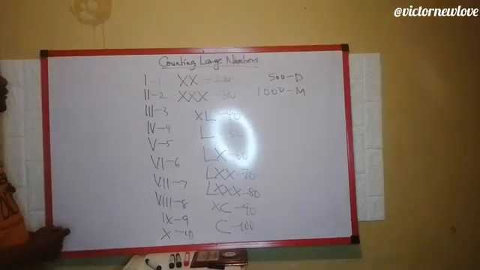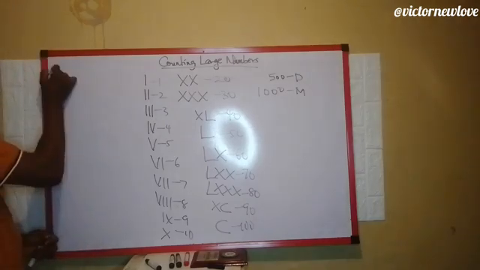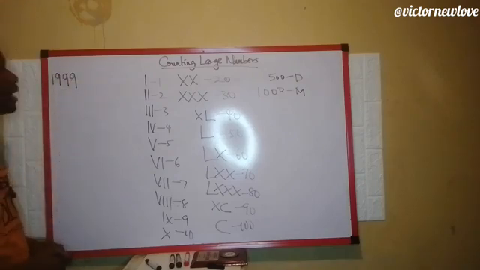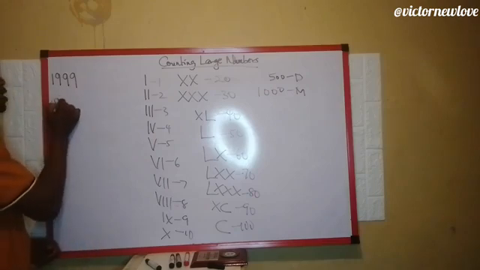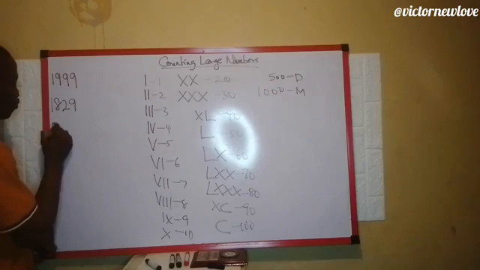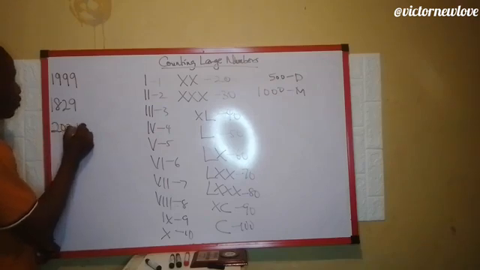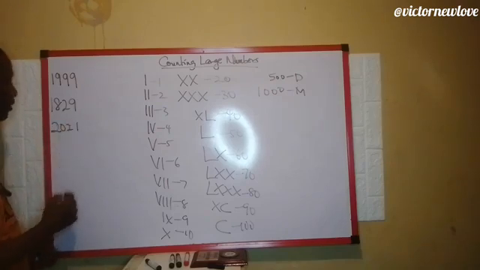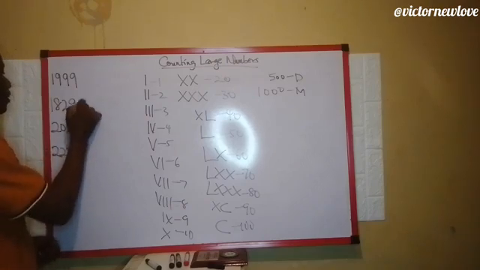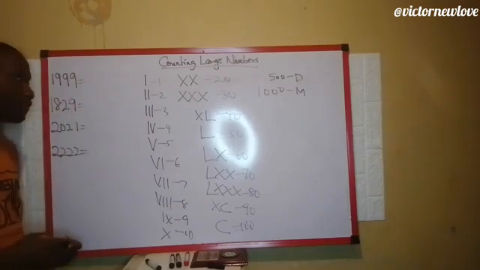Now the next one is, what about a situation where you are told to find 1999 in Roman numerals? In a situation where you are told 1829 in Roman numerals, 2021 in Roman numerals, 2222 in Roman numerals. So we are going to work with the first one,